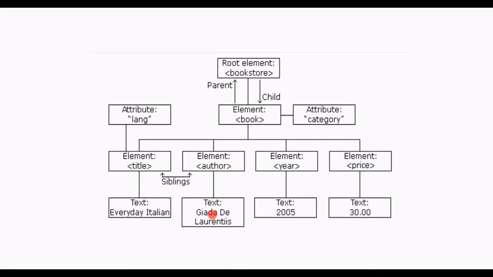What is the purpose of having that flow? It is mainly indicated in the text. The data will be stored in the text. Let me show you the XML file.